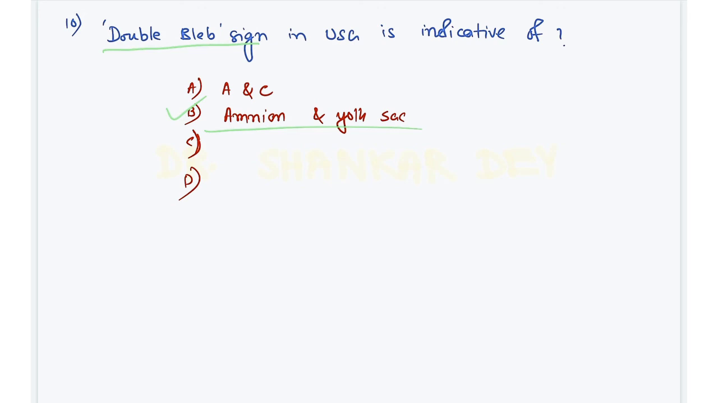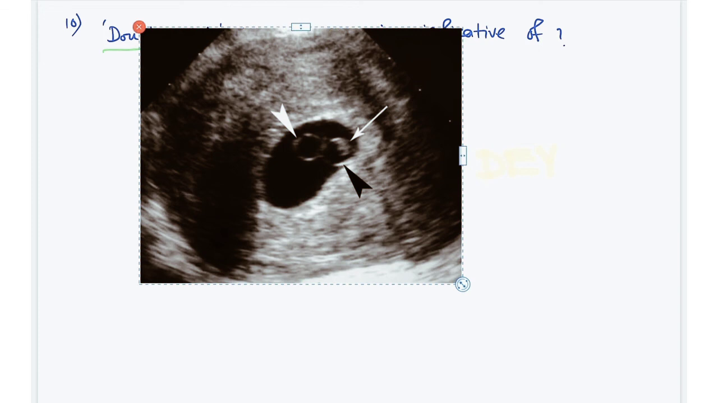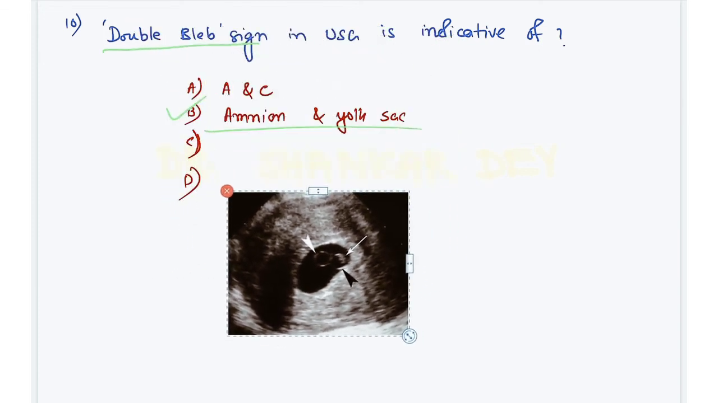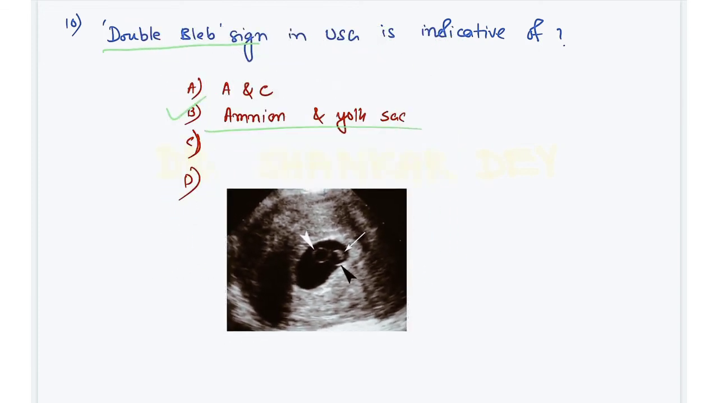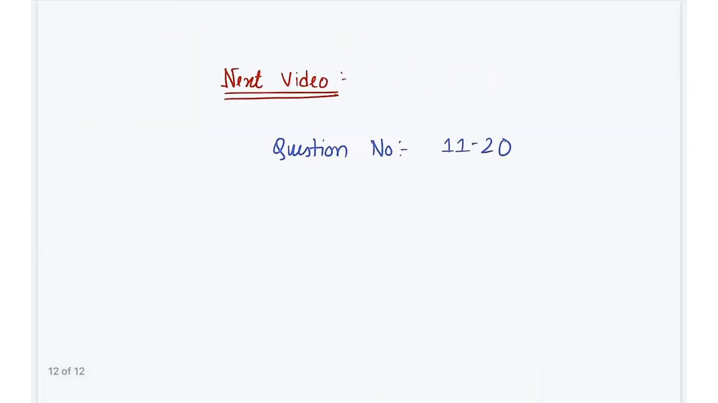See the USG, this is the USG of double bleb sign. You can see the two blebs here. Here is one bleb and here is another. These two blebs are called double bleb sign. One is amnion and this is yolk sac. So this is double bleb sign in USG, one of the earliest sonological features. So I have discussed the first 1 to 10th questions of today's